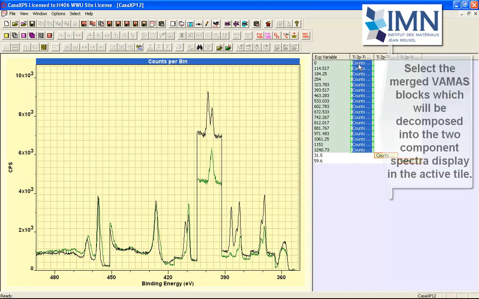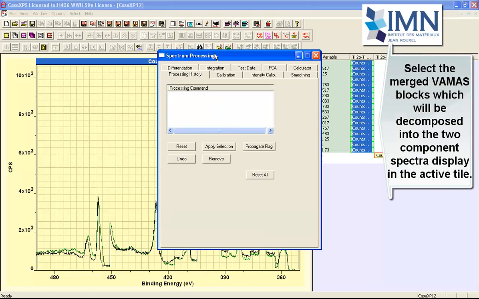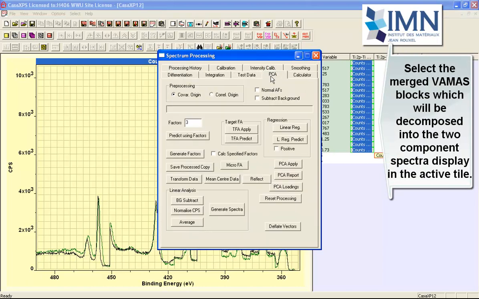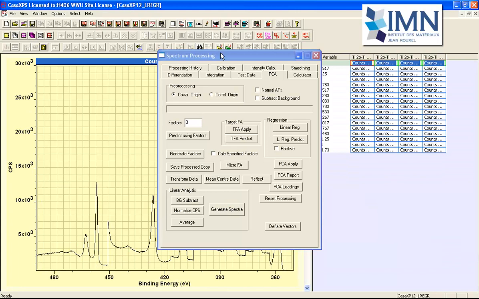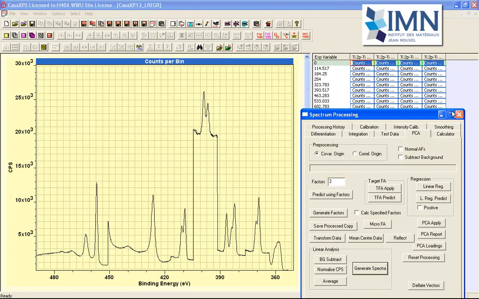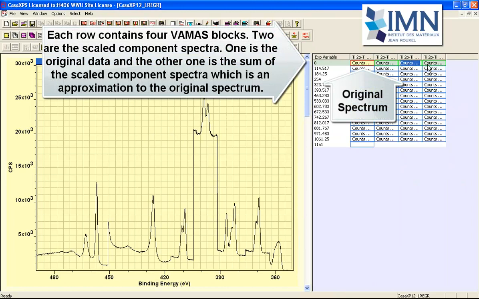So I'm simply selecting these, bringing up the spectrum processing dialog window, principal component analysis property page, and then I'm going to press the generate spectra button. So this button acts on the information that's overlaid in the active tile. These represent the basis functions, and these selected VAMAS blocks represent the target functions. So I can now press this button, a new experiment frame is created, and the experiment frame contains two components